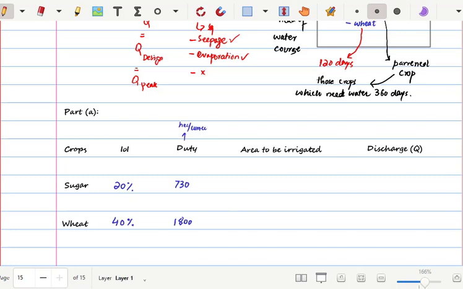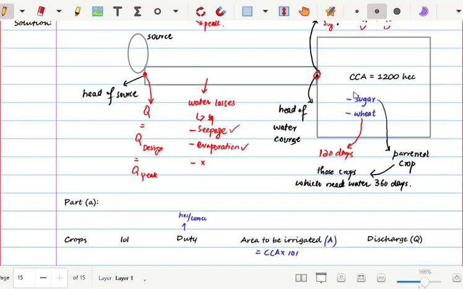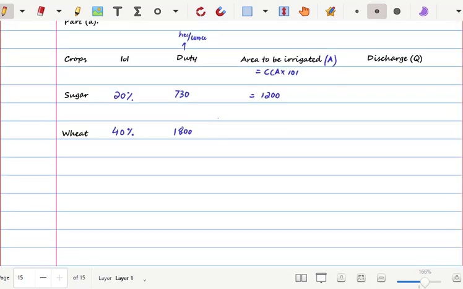So now we need to find out area to be irrigated. We need to find A. As we know, area to be irrigated is equal to cultivable command area multiplied by IOI, right? So for sugar, the cultivable command area is given to us, 1200 for both. You can see here the CCA is 1200, and IOI for sugar is 20%, which means 20 divided by 100,